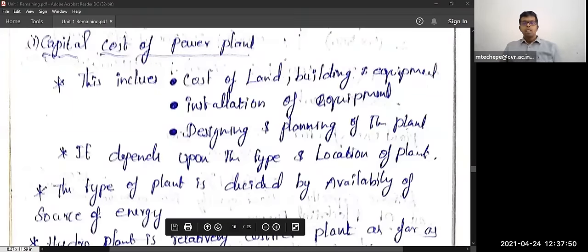Why? Because emissions are also coming from the thermal power plant. So the emissions keep on coming, and that is very harmful to our lungs. Next,